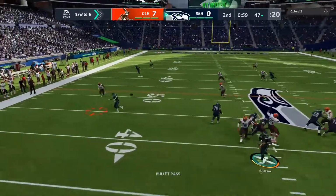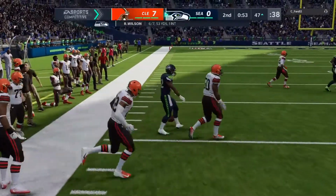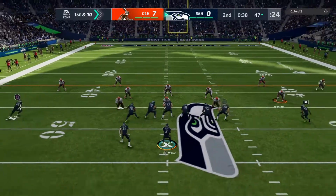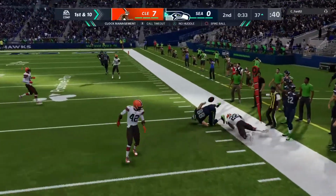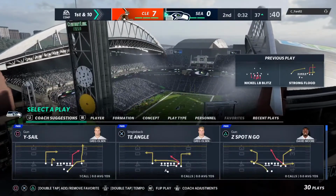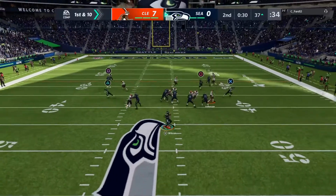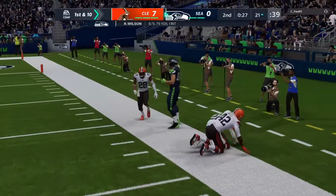On 3rd down, Wilson. That's complete into the hands of Carson. And able to pick up the first across midfield to the 47. 7 yards there, good enough to move the sticks. Now Wilson on 1st down. He finds his man, the tight end Olsen. And he is tackled inside the 40, not quite to the 35. Now the Seahawks going to use the first of their timeouts as they'll stop it with a little over 30 seconds to go in the first half of play. On 1st down, Wilson. And the tight end Olsen, right side. He's going to go out of bounds, but he takes his...